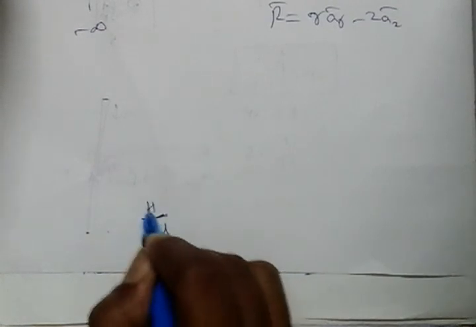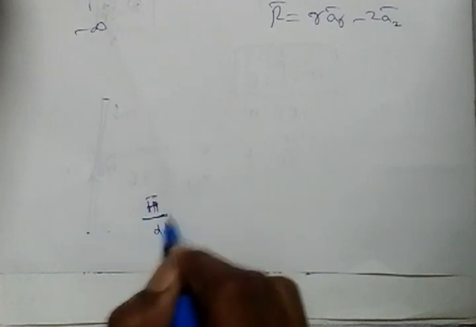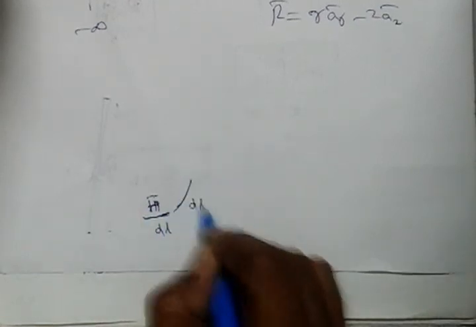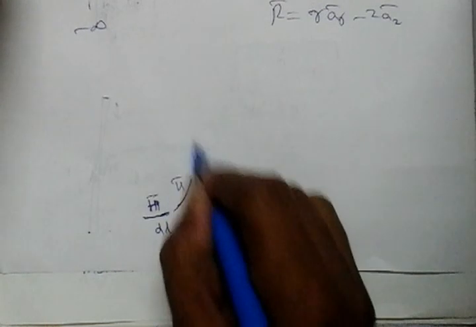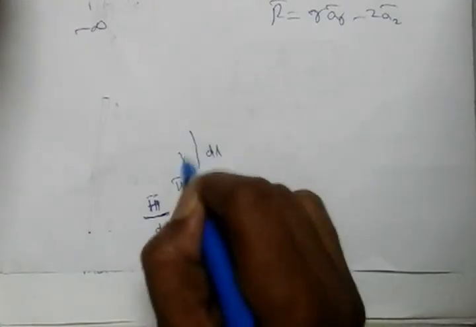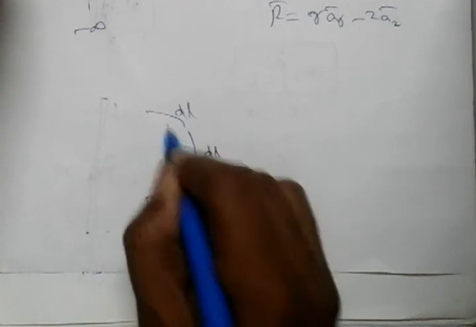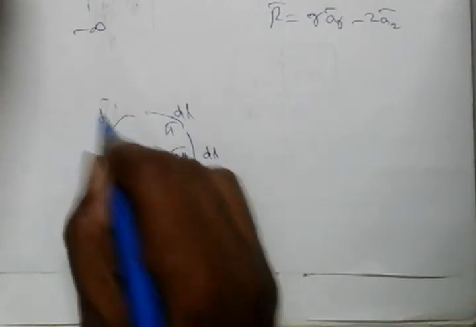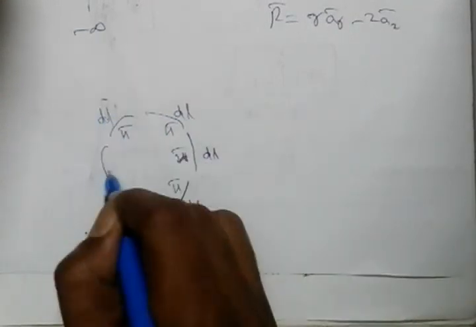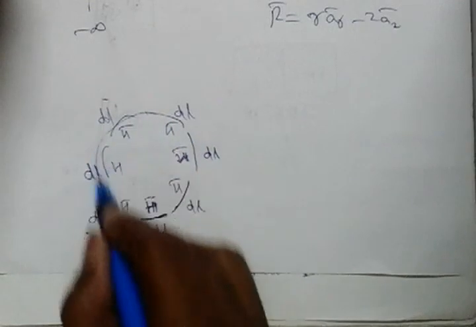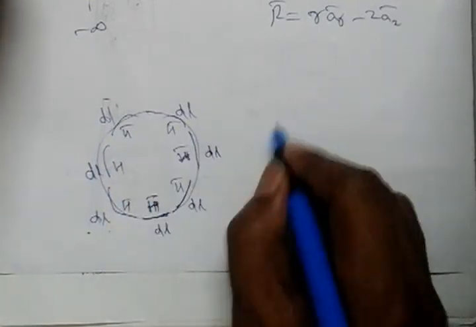Assume the magnetic field intensity or magnetic field strength for this one is H. Similarly, one more differential length dl, the magnetic field strength is H. One more differential length, and one more differential length, each with H. If we combine all of these, because they form a closed path,